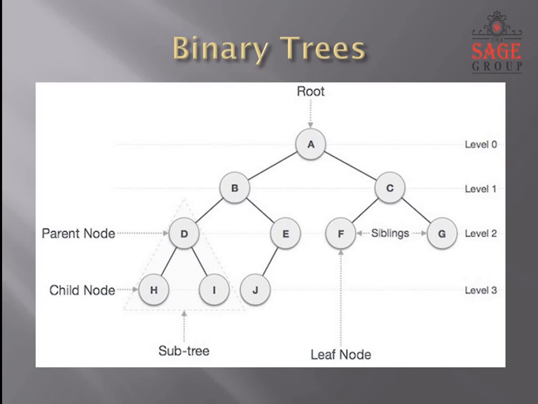Now this is an example of a binary tree. Here you can see that every node is having only 2 children. Most of the definitions are also clear here because we have indicated the root, the parent node, the child node, the subtrees, the leaf nodes, the siblings, and then the levels. All these are marked in this particular diagram. You can go through this in detail when I forward you the slides, as these are all the things covered in one slide.